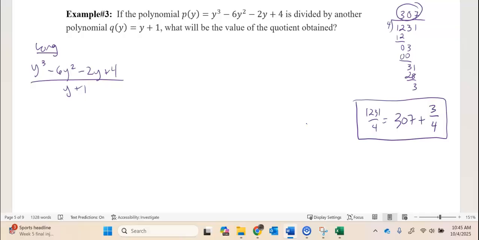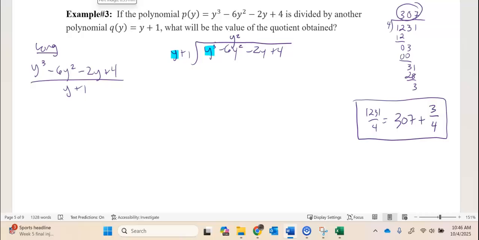Now, how do I do that? I do the long division like I got over here. So I got y cubed minus 6y squared minus 2y plus 4, and I'm going to divide by y plus 1. Okay, so let's see if we can make the connection. I'm always going to focus on just the first term when I do long division. So I ask myself, y goes into y cubed how many times? It's y squared times,